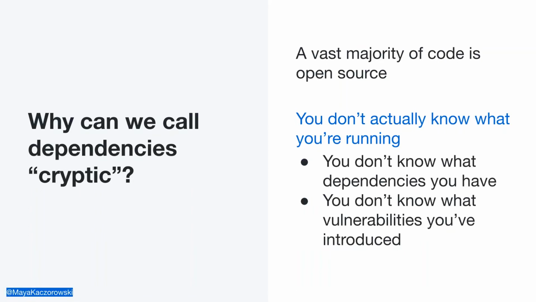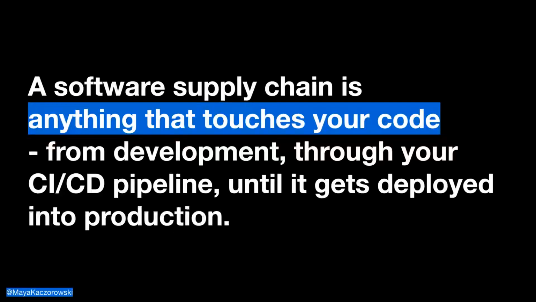So for example, if you decide to pull in dependency A for your project, it's possible that A itself has other dependencies B and C, known as transitive dependencies, and you don't even know that you have dependencies B and C. And it's just not possible for you to verify all this code. It's impossible today, unfortunately. And so where we've landed is that you need to be able to get some information and manage some risk for the dependencies that you do have in your code and any potential vulnerabilities that those are introducing. So that's where the concept of a software supply chain comes into play.